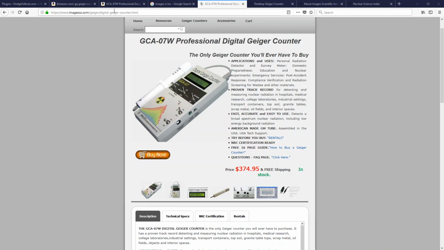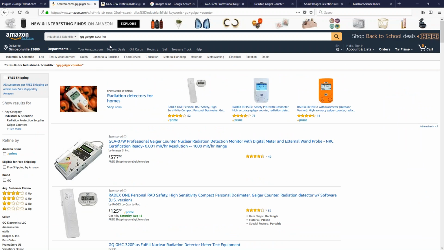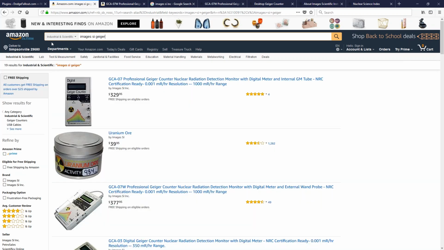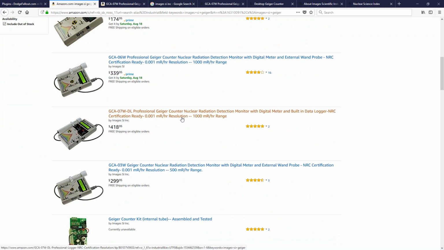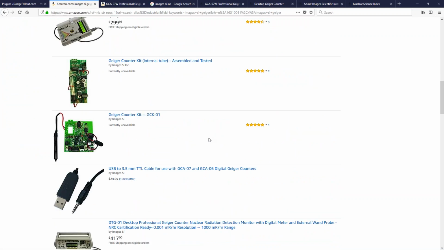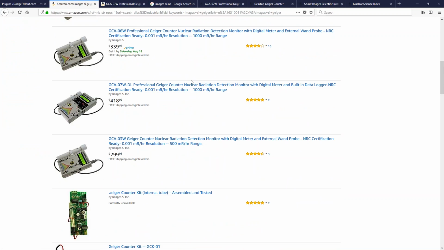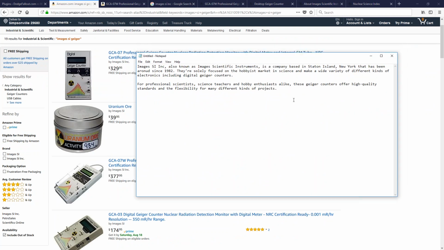So for example, I'm wanting to say they had more. I know this company has more than just this one Geiger counter. The question is whether or not they have more than one actually on the Amazon website. It does look like they have a number of different ones available on the Amazon site. I don't know if they'll have their full selection that they have on their actual website, but it looks like they do have a number to choose from. So, with that said, going back to my article now,